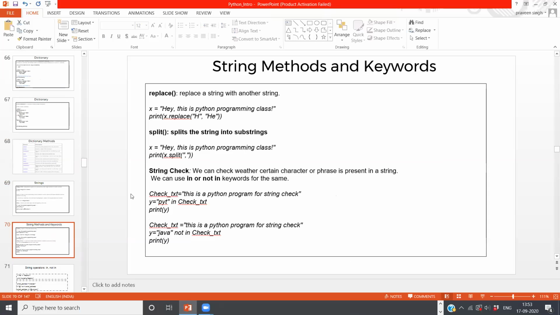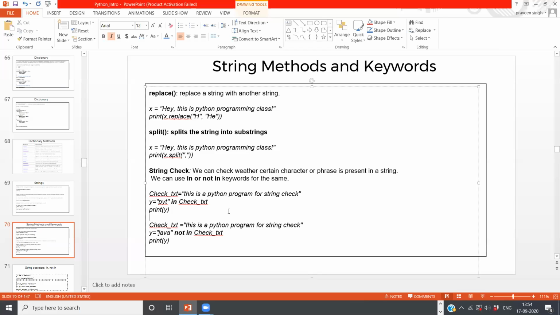Yes, we have done that, and we have checked this Python program for string check, and whether it is in or not in. So we have done this as well. If I'm not wrong, we have to move forward from this. Guys, am I clear or not? Because we covered yesterday till this point. Now I want to move forward in continuation with the string itself.